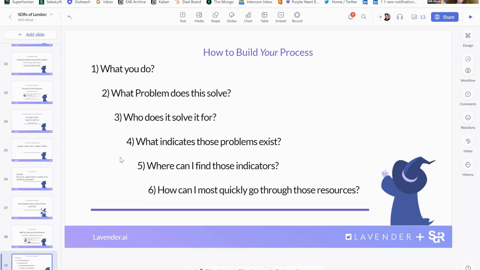Kyle is a SVP of marketing. What does that mean for the problem? What does that mean for what we do? Okay, that might change up some of my messaging that goes into that final email, but it also changes up the indicators that tell me that those core problems that I solve for exist. And so as I start to build my process, I want to start looking for where can I find those indicators? Where can I find the things like the team is growing, shrinking, they're expanding into new territories, they are